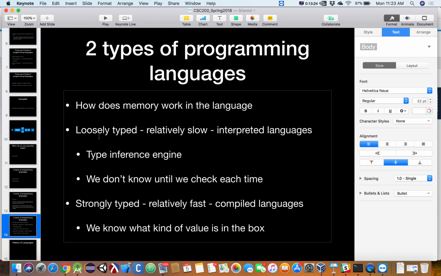So most of the time, it's not going to matter whether we're dealing with a loosely typed or a strongly typed or a compiled or an interpreted language, because the computer's going to make them all feel fast to us. Right? So only on specific types of applications do we actually care. Sometimes, in fact, as a computer scientist, most of the time, it comes down to which is the right tool for the job based on what's conveniently available to us, which of the things has the right kind of libraries or functions associated with it